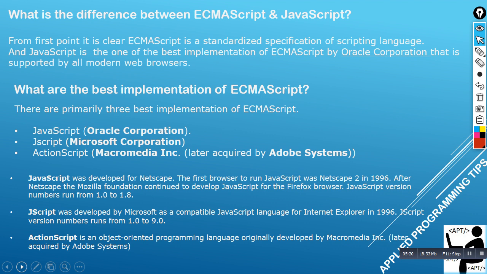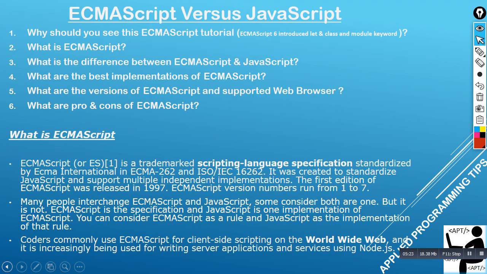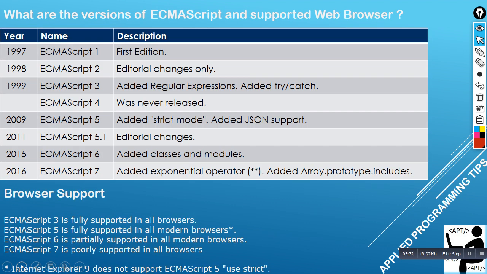So let's move toward the next question. What are the versions of ECMAScript and supported web browsers? Here we have a table in which the versions of ECMAScript and supported web browsers are given. As we know, ECMAScript 1 was released in 1997, the first edition of ECMAScript, and secondly in 1998 ECMAScript 2, where the changes were just editorial. So in 1999